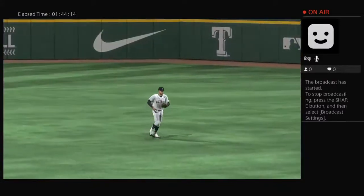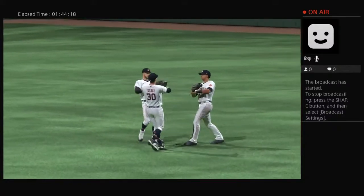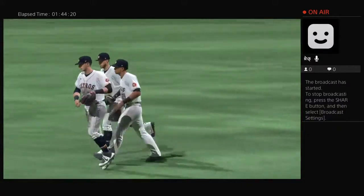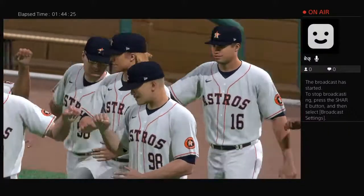Hey, one of the keys to having a good record in baseball is to win some games at home. So this was a big win to win at home in front of their home crowd. 11-9 is how this one ends. The Stros put on a real offensive show with a